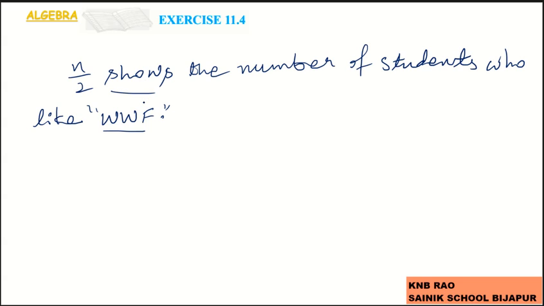So it may be my guess. So n by 2 shows the number of students who like WWF, or the same thing I can say half of the students, or half the number of students,